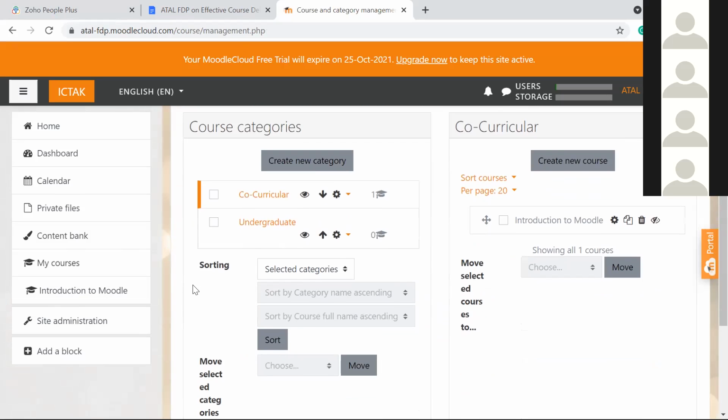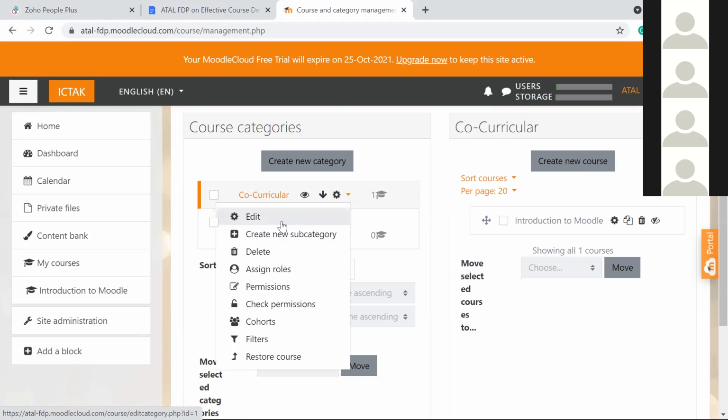Once you get into the create category, you can see miscellaneous and undergraduate. Miscellaneous, you can directly change. I have changed miscellaneous to co-curricular. Near the co-curricular there is a gear icon. Undergraduate also has a gear icon. You can see that. So for co-curricular, you need to click on the gear and go for an